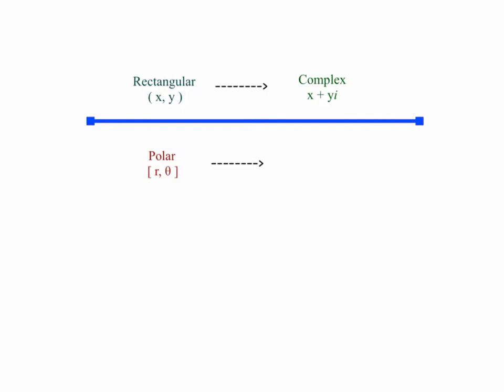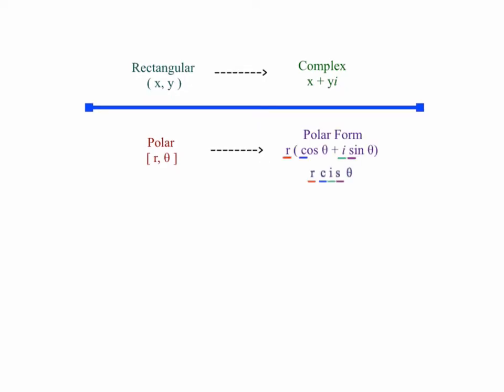So next we start looking at not just complex form, but what happens when we turn that into polar. We're used to making the transition from rectangular form, which is x comma y, to our complex form, which is x plus yi. When we go from polar form to complex polar form, it gets a little bit more